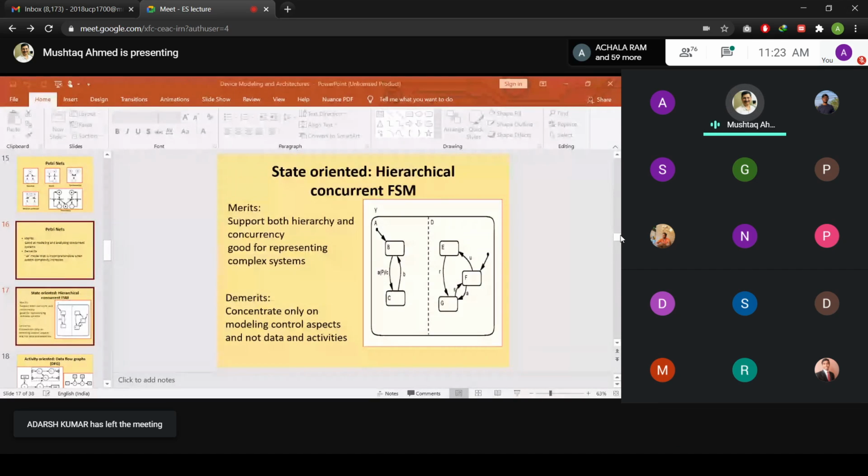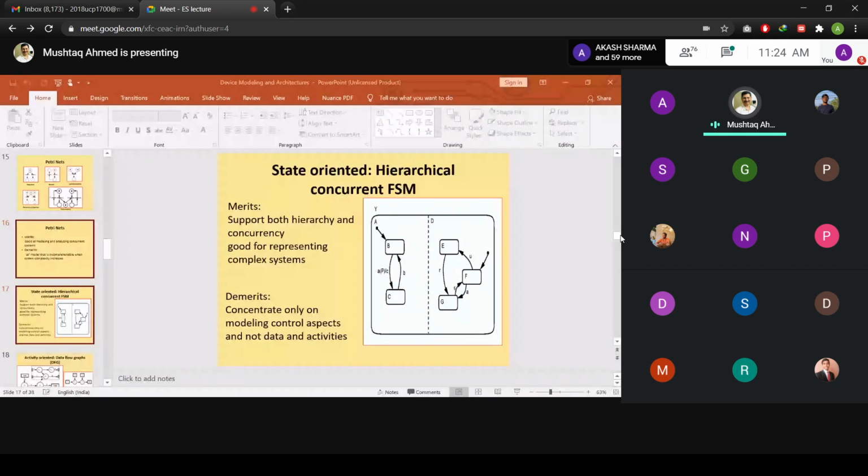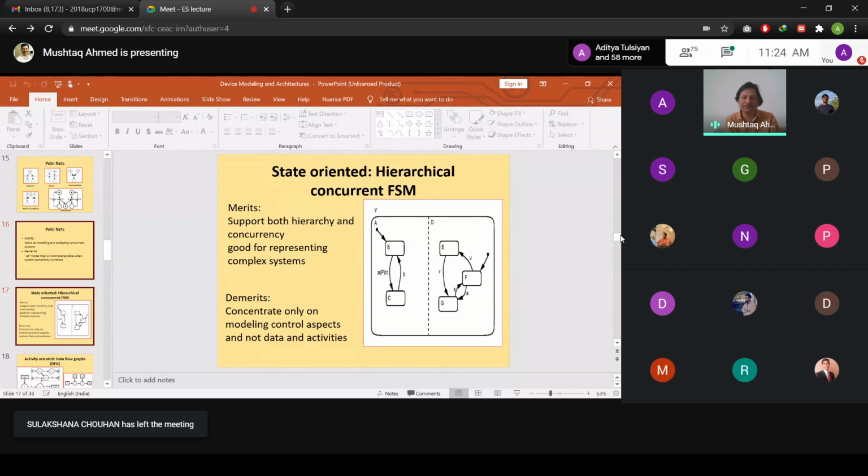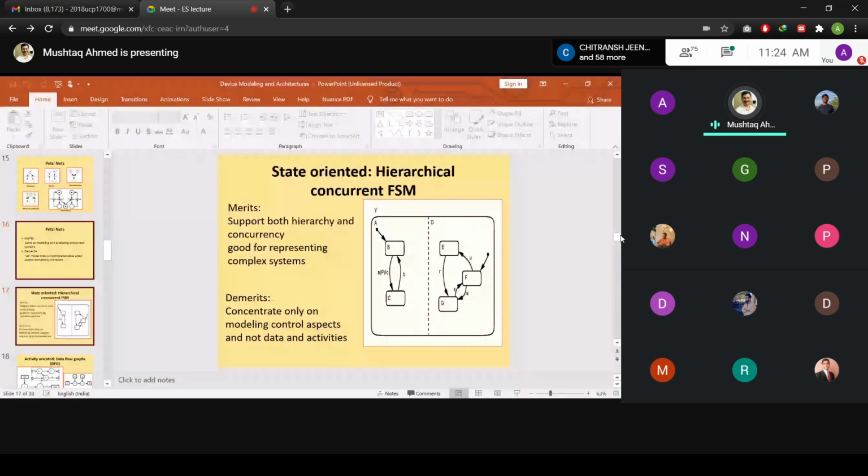Okay, so Anurag is asking to repeat this. As you can see, this is a modified state oriented diagram, where there is one program, let us say Y, which has certain functions which can be executed concurrently. Both of these are independent of each other. There is no dependency between A and D, and there are different types of operations which need to be performed by these. So A would be enabled by just triggering of certain values and would start its function from B